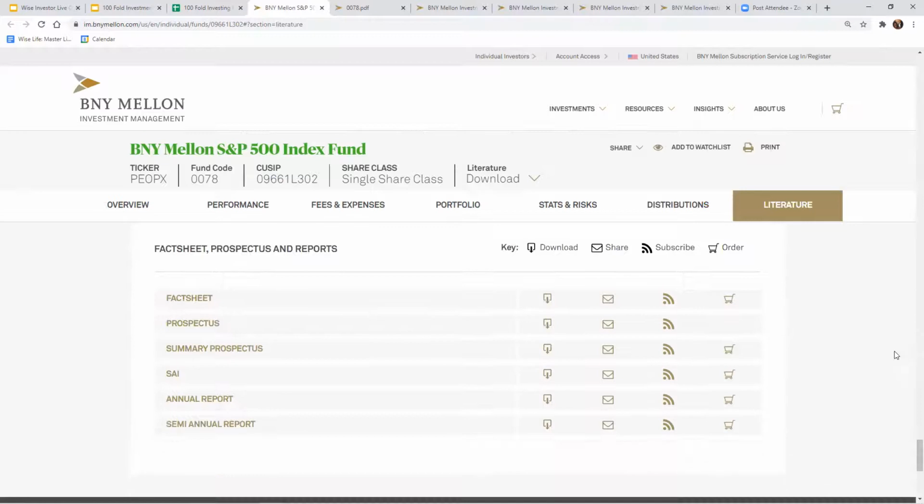All right, so we have covered the investment strategy, the performance, fees and expenses. We touched on the portfolio, which you can go back and dig into if you want. Really didn't cover stats and risks. The reason is when you analyze an investment from a long-term perspective, a lot of times their analysis of stats and risks doesn't really correlate with actual risk.